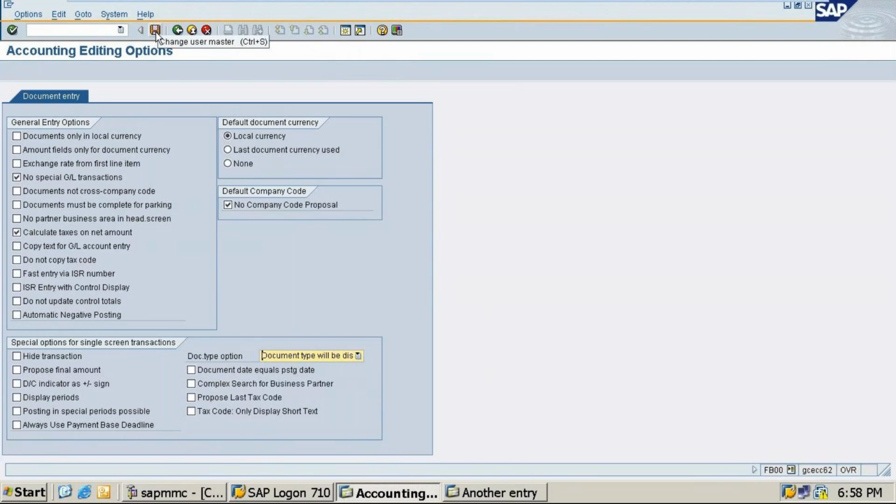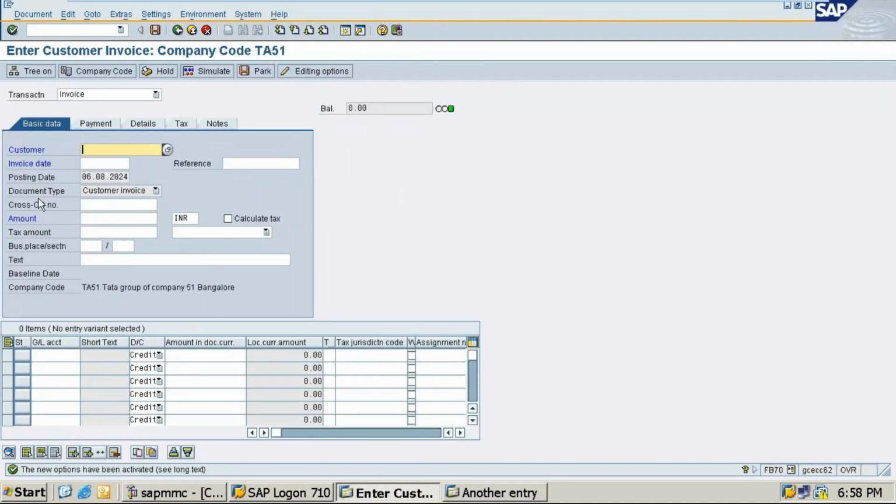I'll send the screenshot of this so everyone will get to know this. Yes, ma'am. Now it's coming. Visible? Okay, done. One day actually it happened for me also. It was a long time back, one year back when I was taking class, suddenly it did not appear for me. Then I checked with the edit options and got it. Now for everyone it is coming. See, document types came. Customer invoice will automatically display for you.